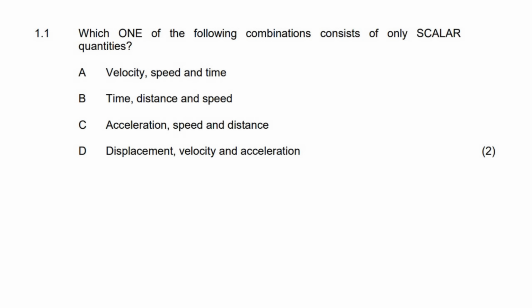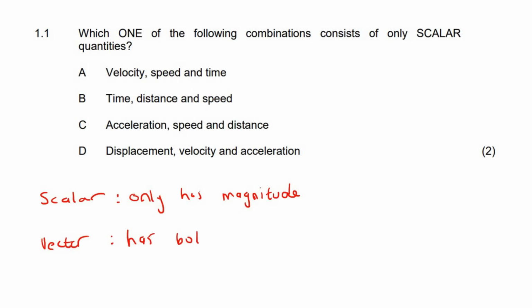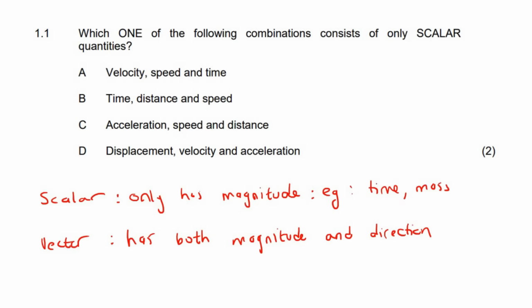Which one of the following combinations consists of only scalar quantities? Okay, so can you remember in grade 10 we learnt about scalar and vector. Now scalar is something that only has magnitude, whereas vector has both magnitude and direction. Okay, so some examples of scalars would be time, mass, distance,